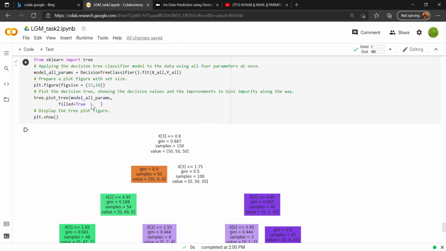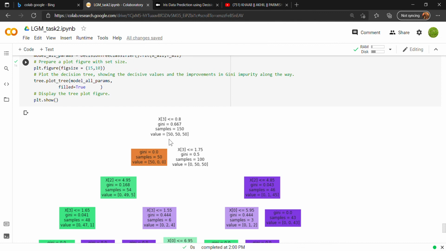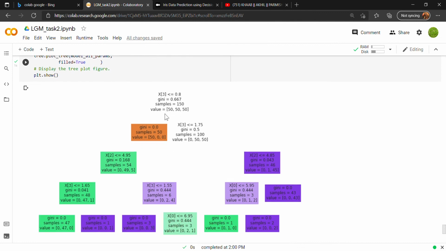Now we will plot the decision tree. We will import tree from sklearn, and then we'll plot, and it's as follows. I don't know why the arrow is not visible in my case, but actually here is one box and one arrow goes this side and another one this side.